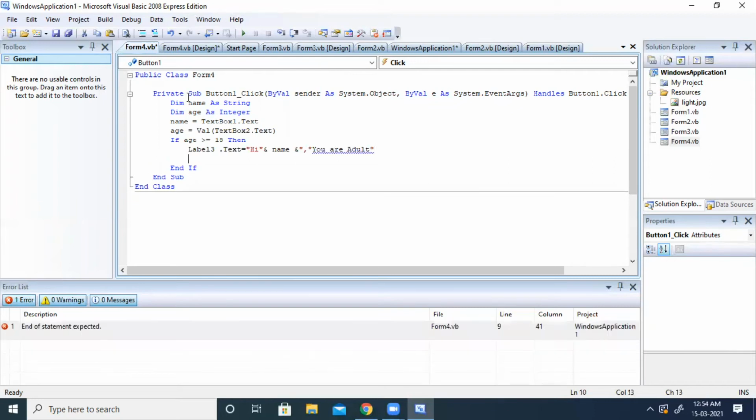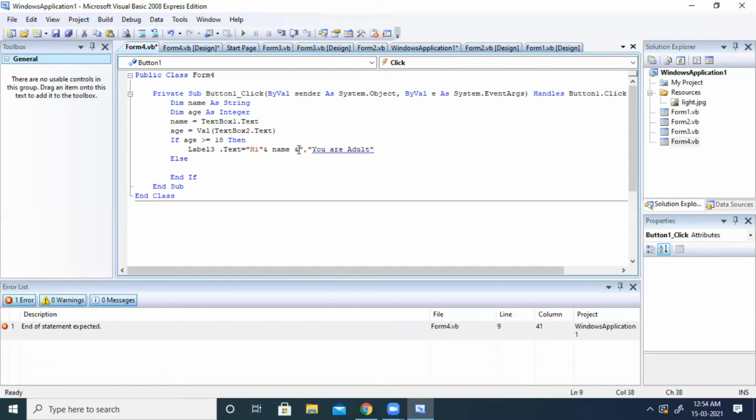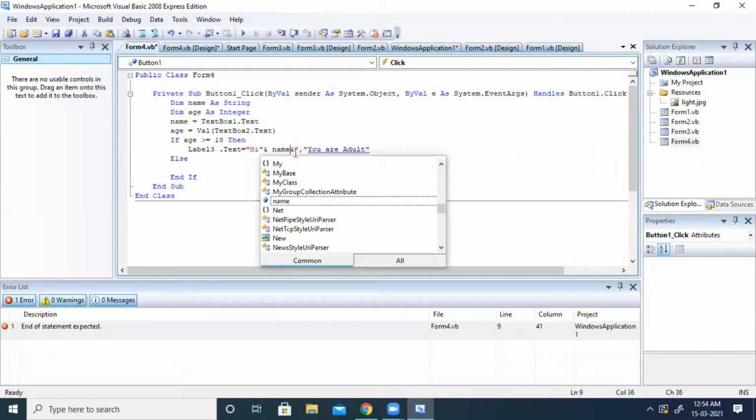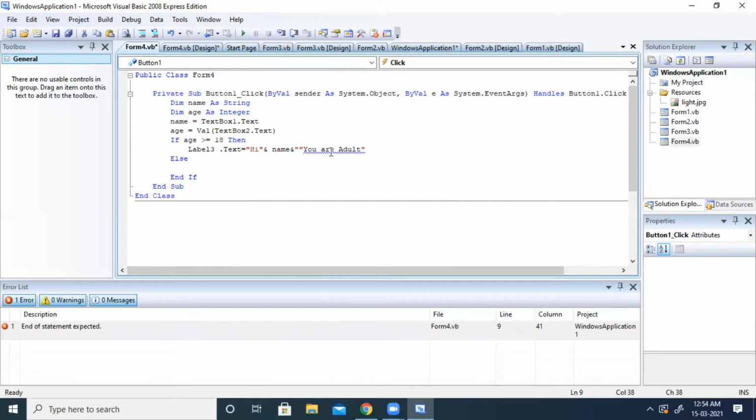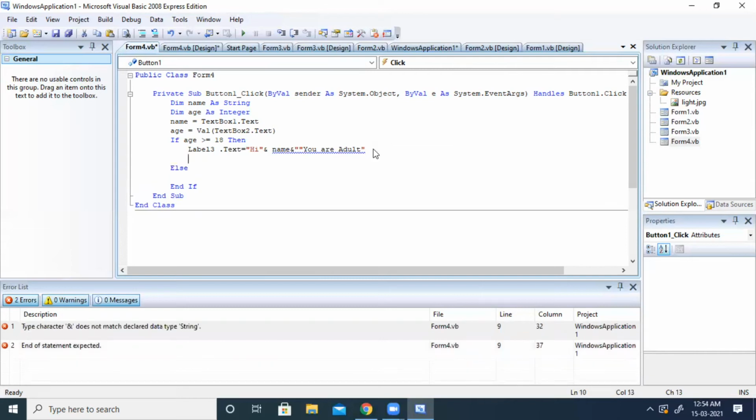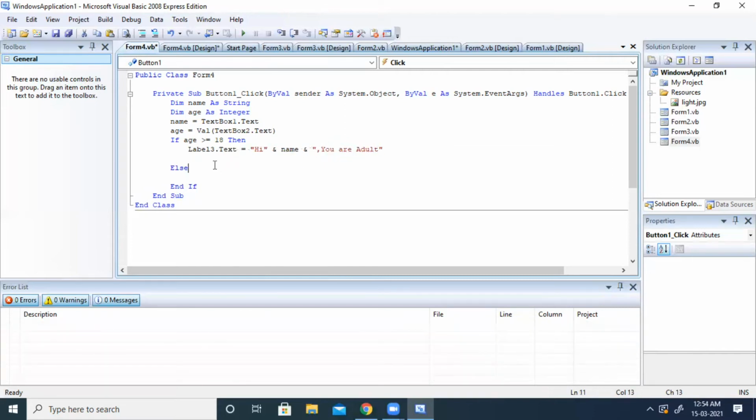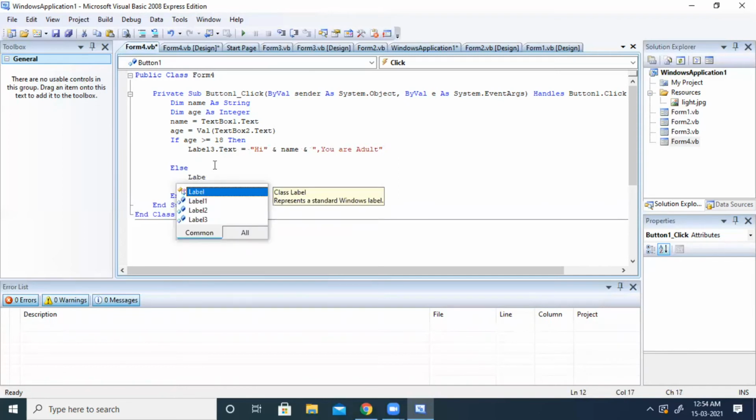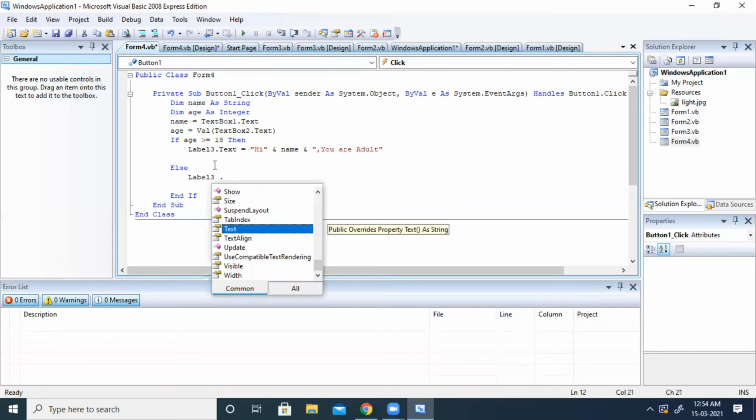Then we will use the else statement. Else, Label3.Text.